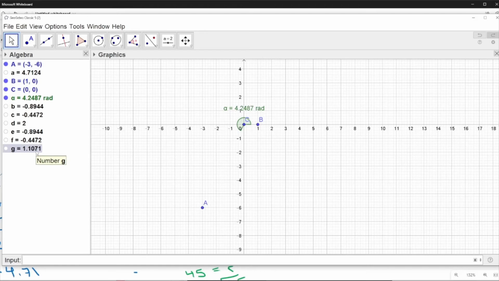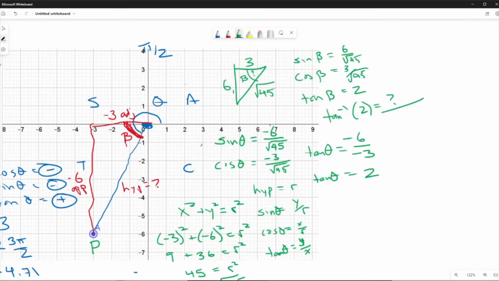Now you need to make sure your calculator is in Radian mode in order to find this number. So probably there's a button on your calculator called DRG or DEG or mode. You want to switch it from DEG to RAD